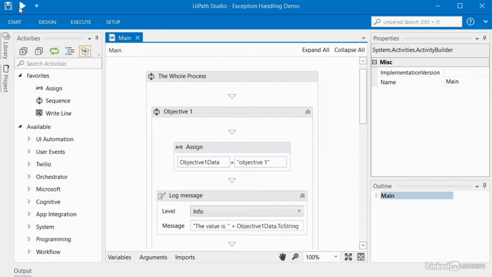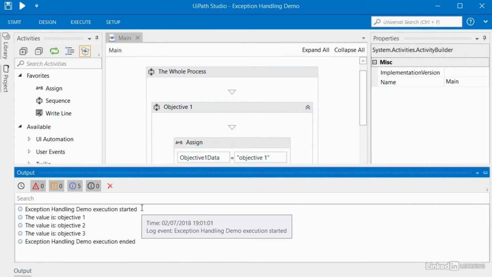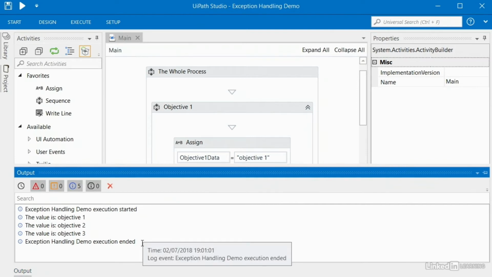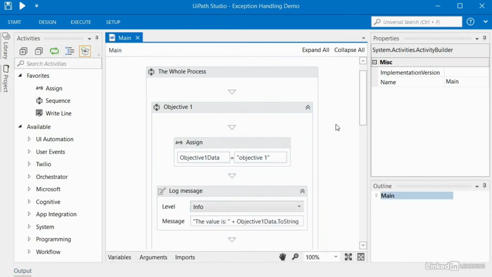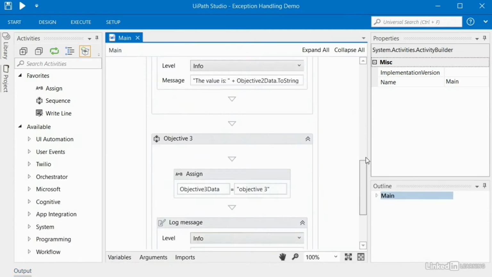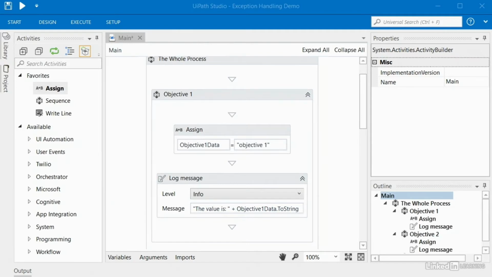So let's run the robot and see what happens. Clicking on Run here in the top left, the robot runs quickly and returns. I click my output down here. You can see that we've got our start message and our stop message, and we have these 3 expected messages being logged from each of our 3 activities. The robot worked great. So now let's see if we can simulate an error and cause the robot to fail